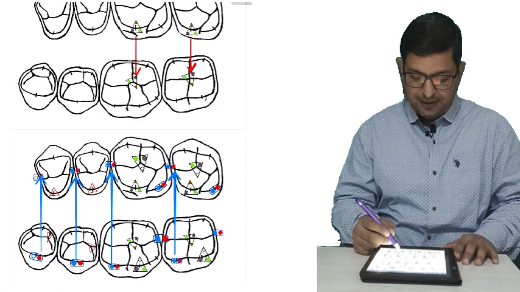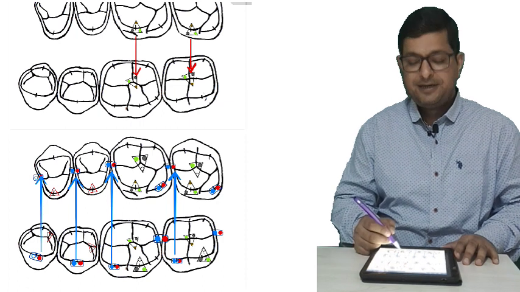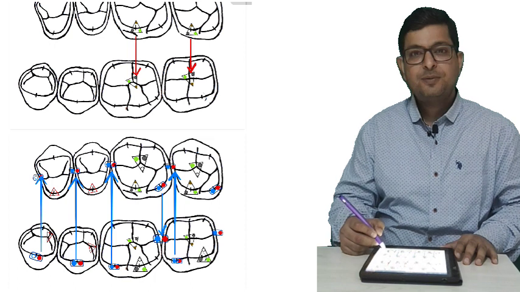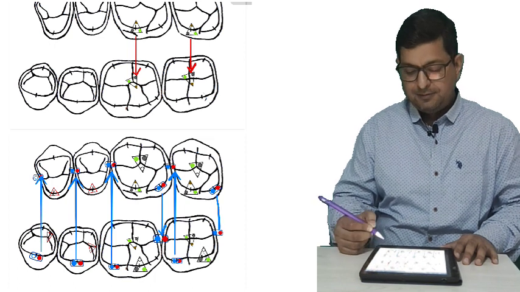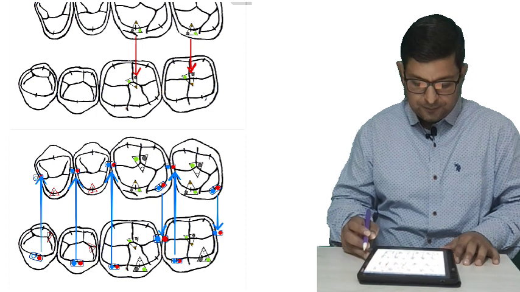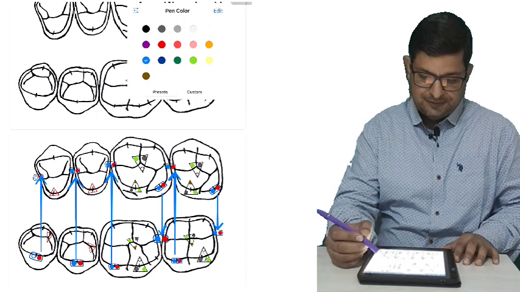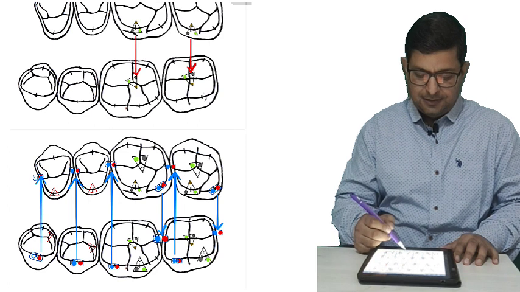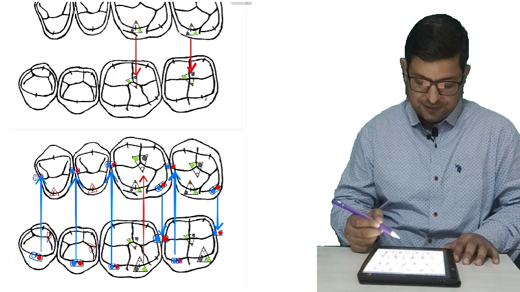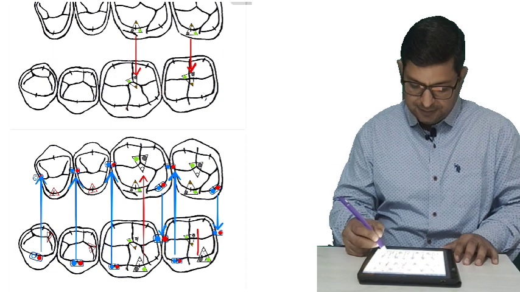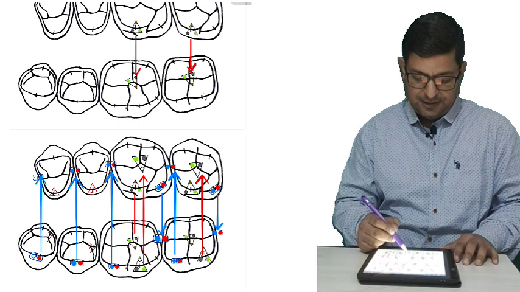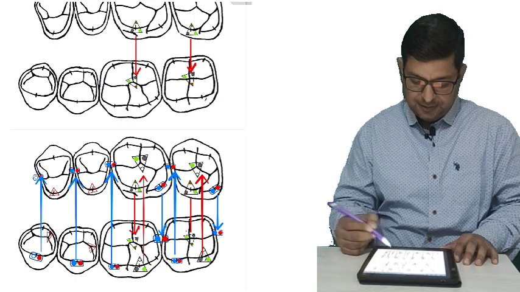Again, the distopalatal cusp of the first molar contacts here, and the distopalatal cusp of the upper second molar will contact here. Then, as we took in red color, the distobuccal cusp of the lower molar will contact this central fossa, and the same for the second molar. The mesiopalatal cusp will contact here, and this will contact here.